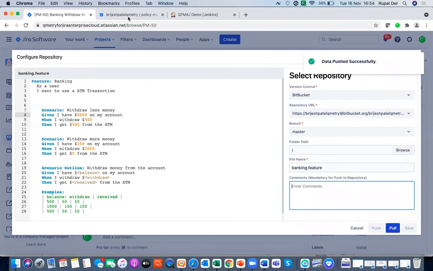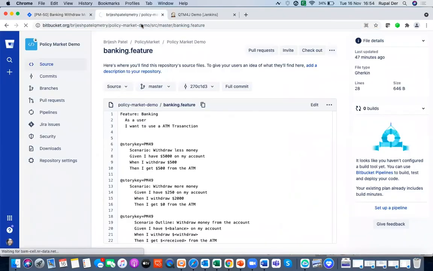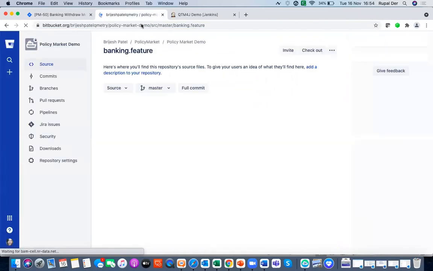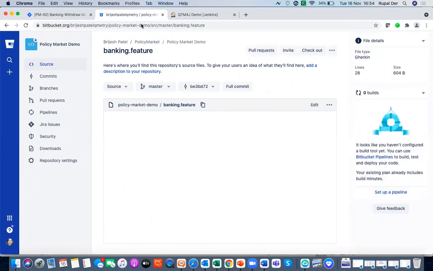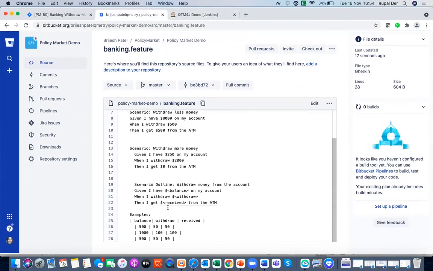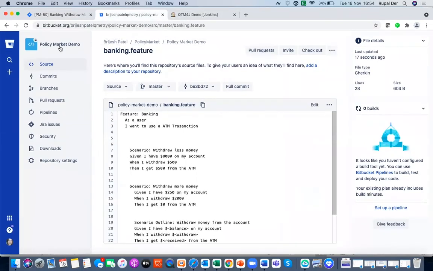And once the updates have been pushed, you'll be able to see the changes made here. Now, how this is translated into my automation script is I have Jenkins configured here, and I'd be able to go ahead and show that to you. But what I want to first draw your attention to is whatever changes I've made